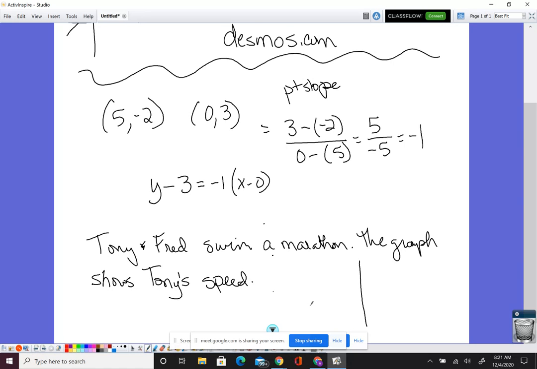Okay, so we have this graph over here, and he starts out,